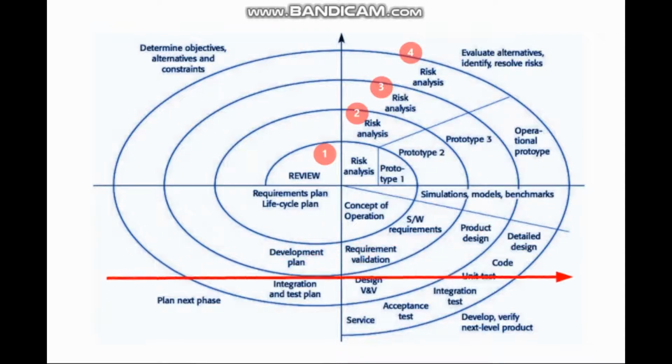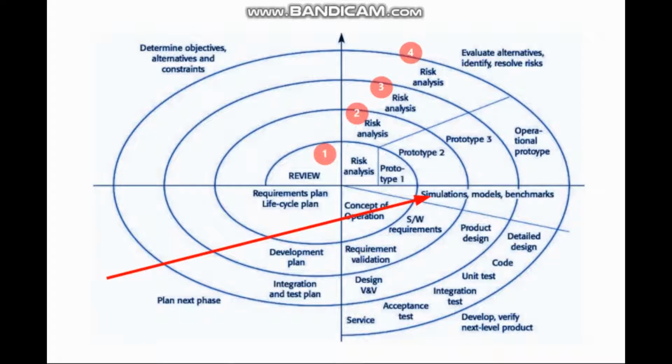After that, this quadrant is all about implementation and designing. You can see that we focus more on validation and verification, and we concentrate on design. During the design, some models and benchmarks are developed. We also concentrate on coding and some part of testing. Testing comes in the final phase, that is the last phase. So this quadrant is all about designing, validation, verification, testing, as well as integration and implementation.